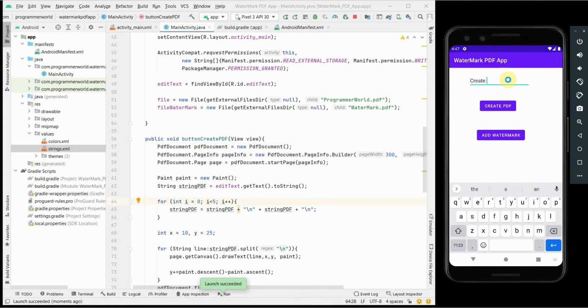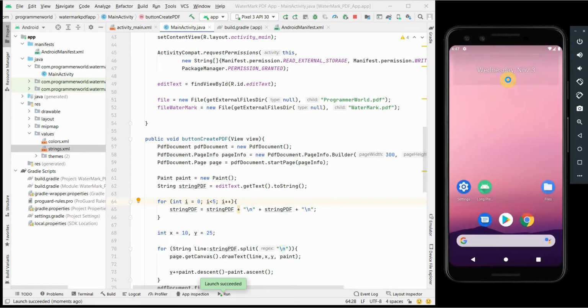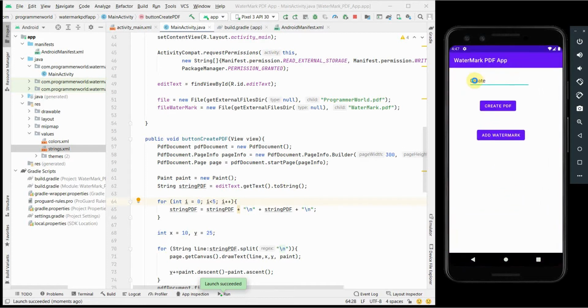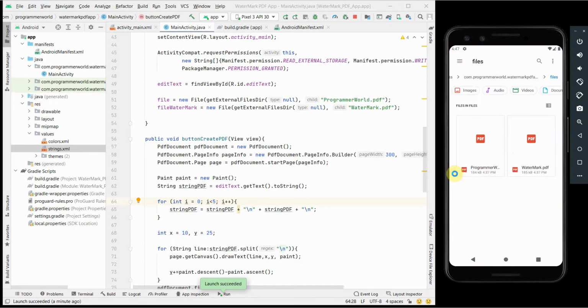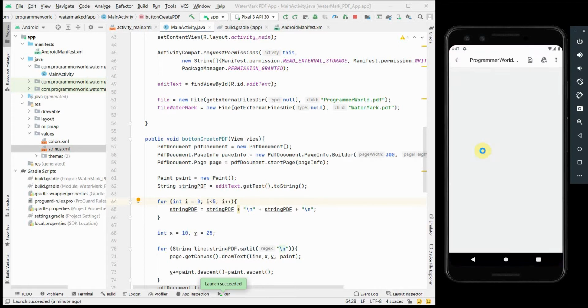So PDF, I'll just say, okay, I think I did something wrong here. Yeah, PDF created. That's it. Probably short and simple. I think something got created, and then I click on this add watermark. I think something happened, and then I switch back, and over here what I can see is both the PDFs are created. So first let me see the simple PDF. The text PDF created got repeated many times, although it was just 5 times.